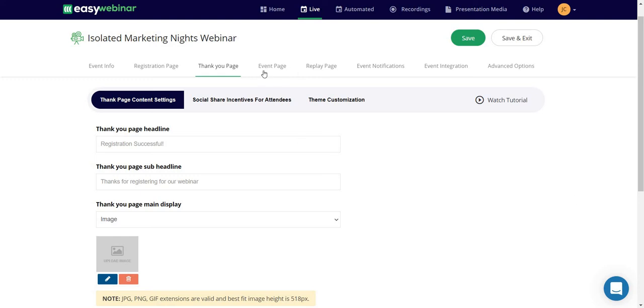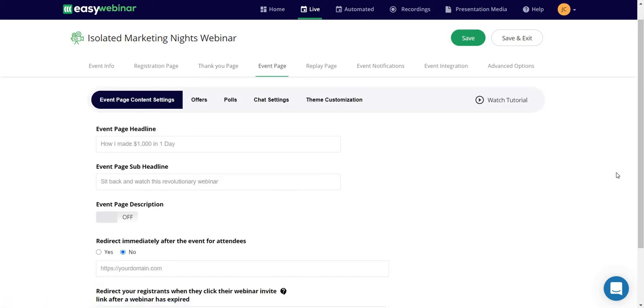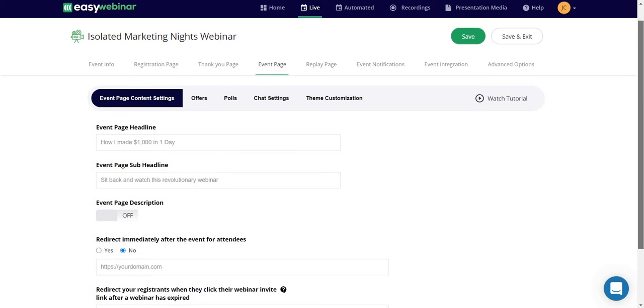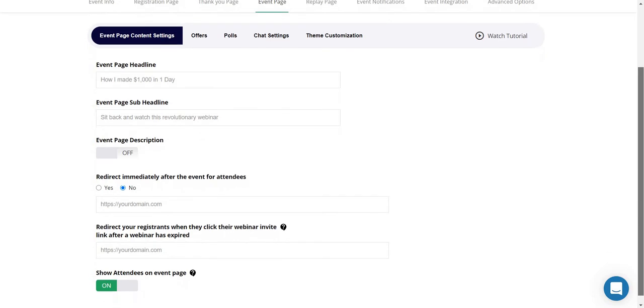This is the webinar page itself. Okay, so once again, we have the event page content settings, we have offers, polls, chat settings, and theme customization. Once again, you have your headline and subheadline, and description, which you're going to be seeing a lot. You also have the ability to do redirects. For example, you can redirect immediately after the event